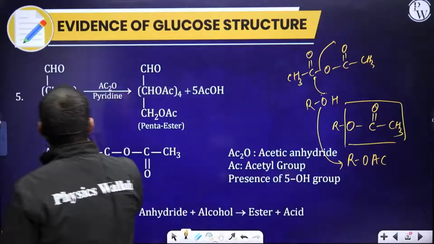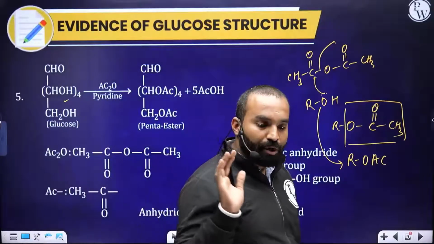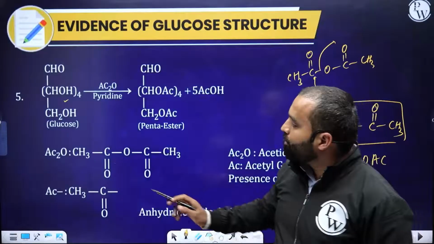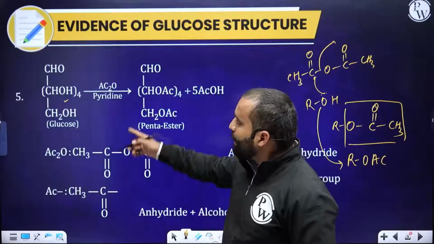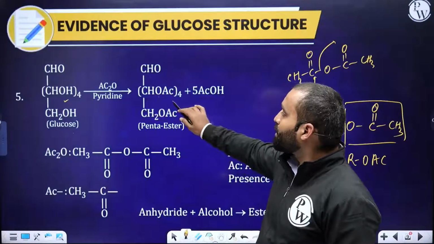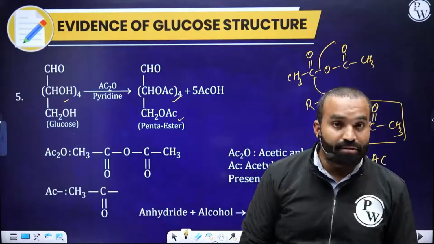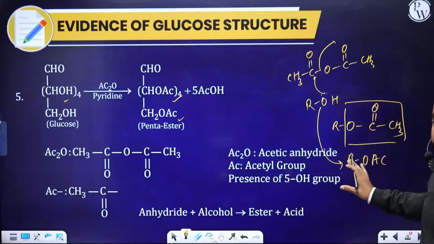How many alcohols are present here, guys? 5 alcohols are present. 5 alcoholic functional groups are present. And we were already sure that there is one primary alcohol present. Treating it with acetic anhydride, we obtain that all these alcoholic units are converted to their corresponding esters. Please check, this is an ester molecule. Esters are sweet-smelling compounds.